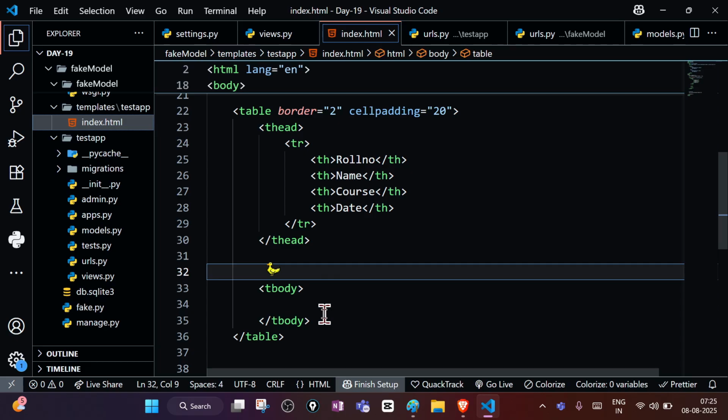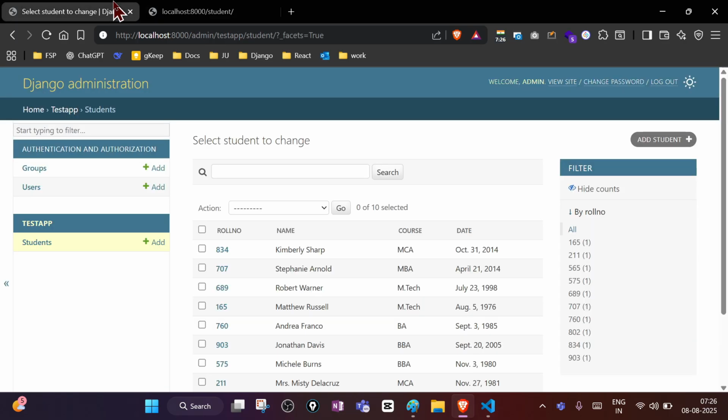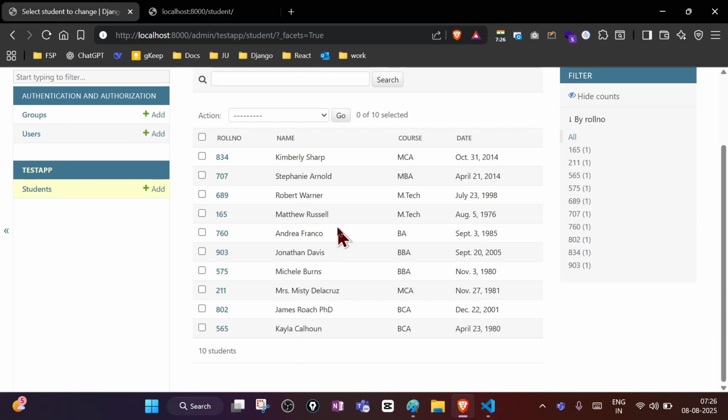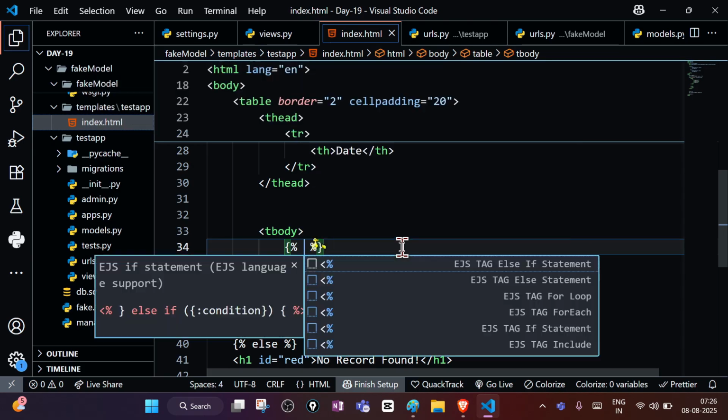So what we need to do is iterate over the records. We will write the for loop here because we have more than one record. If you see here, we don't have only one record to display, but more than one record. So we can use a for loop like this: